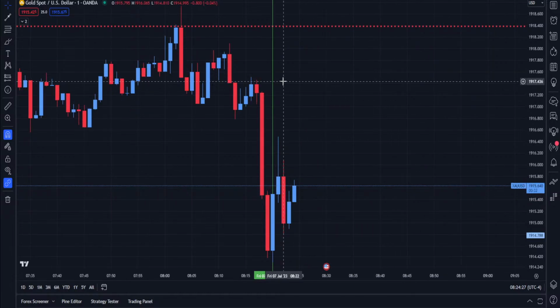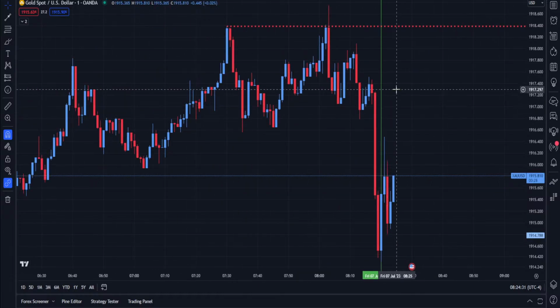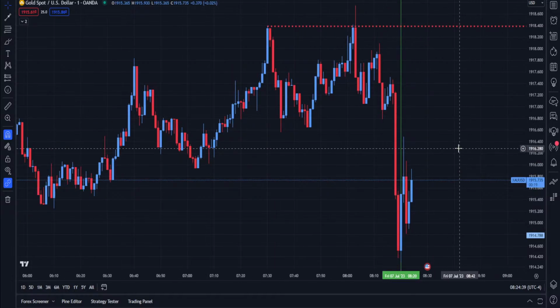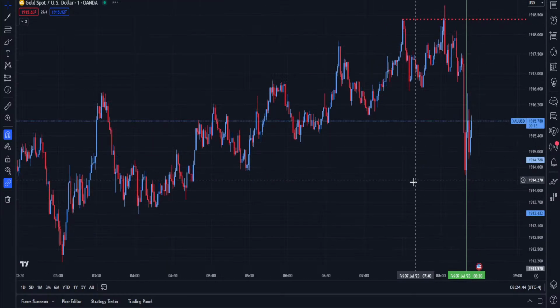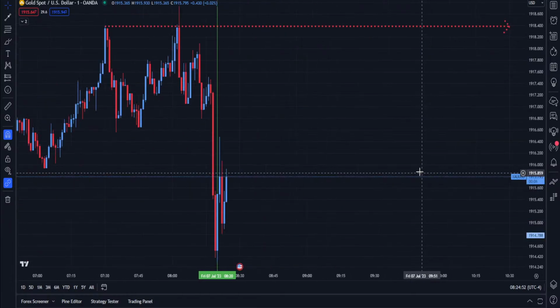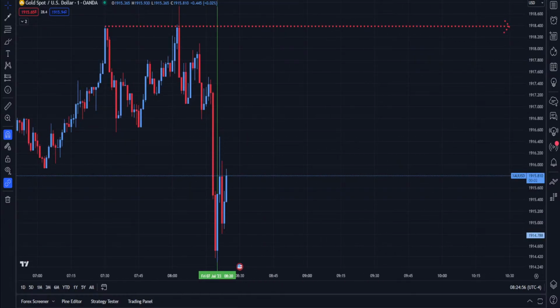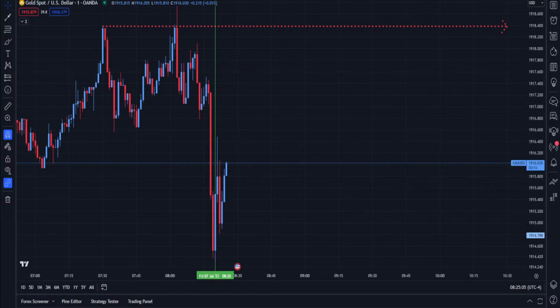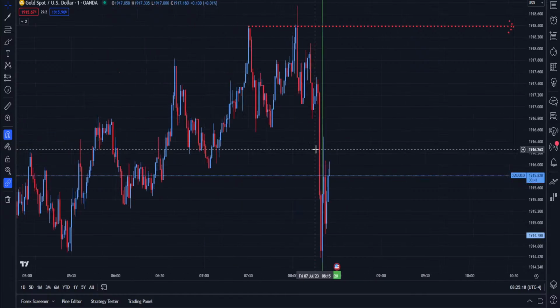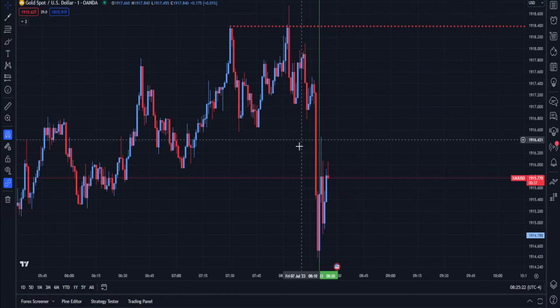So technically we would like to see price dropping. And what I may do is I may enter a very small sized position to sell just in case. So in the next maybe 3 minutes, I'm gonna open a small sell, put my stop loss up here, and put my take profit down here. Okay? That's what I will do for NFP here. In probably about 2 minutes, I'm gonna go ahead and place a sell order on gold with stop loss up here. Now, it's gonna be a very small size trade, to be honest, because